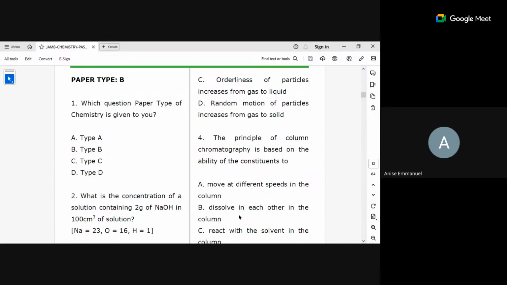There are some things you need to understand about UTME or JAMB, especially coming to chemistry. The first hint is that you understand the exam pattern. I have 15 points here. The first one is understanding the exam pattern. If you are able to understand the exam pattern of UTME, I am telling you, you are on top. I'm confirming that to you.